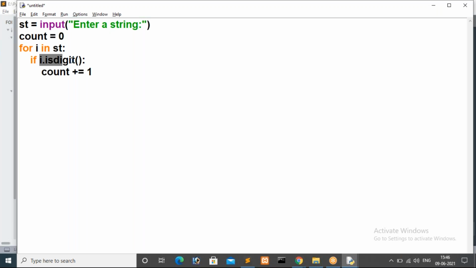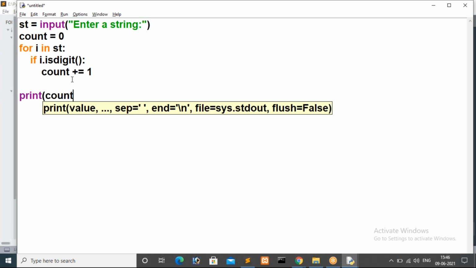If you get a digit, this condition becomes true, so we increase count by 1. If isdigit returns false, there is no need to increase count, so I am not specifying any else case. At the end of the loop, I want to print the count value.